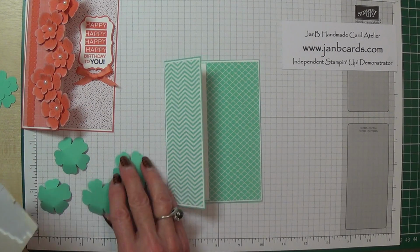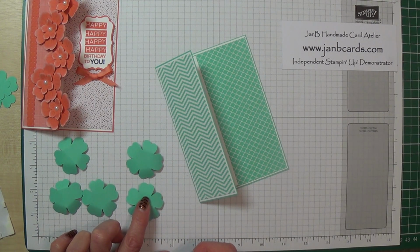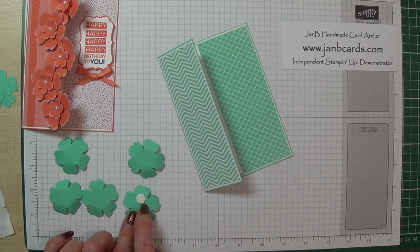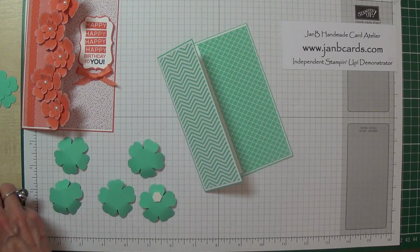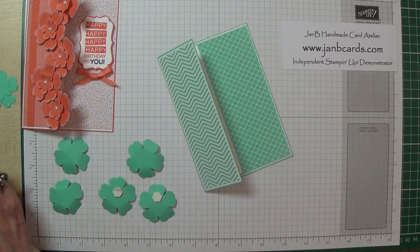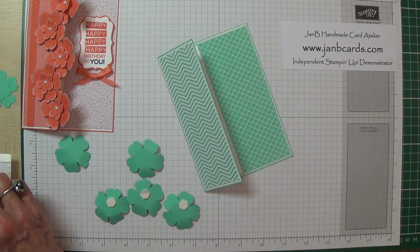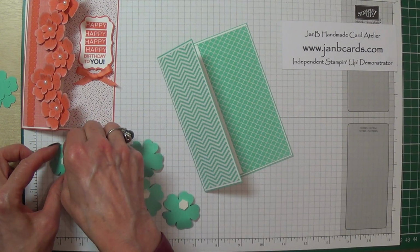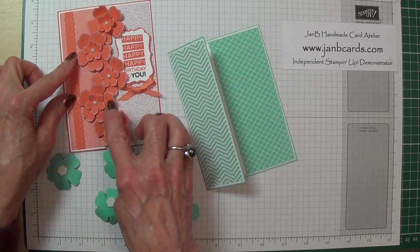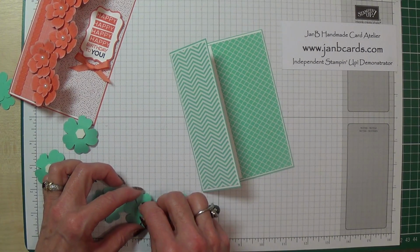So turn these over, and I'm going to put on 3 of them, I'm going to put a glued dimensional just there with a straight piece facing down like that, straight line there. Do that on 3 of them. You'll see why in a jiffy. And the other 2, put a dimensional just in the middle. As you will see with this card, I've offset the flowers. So what I do, I take the 3 where I've got the straight line on them,